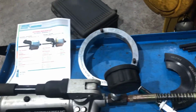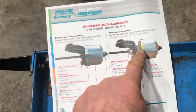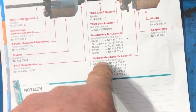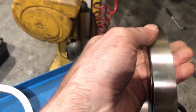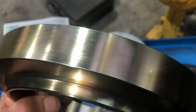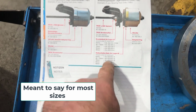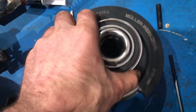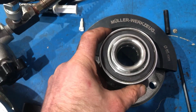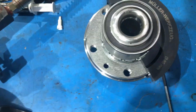So next thing, we need to select the plates: these inner plates, the adapter plate for the bearing, and this adapter ring. The adapter ring is the same ring for all sizes, but these inner plates depend on the size of the bearing. So you need to pick your plates depending on the size of the bearing. This bearing is 85mm. If you're not sure, just measure the diameter here. So pick your two plates